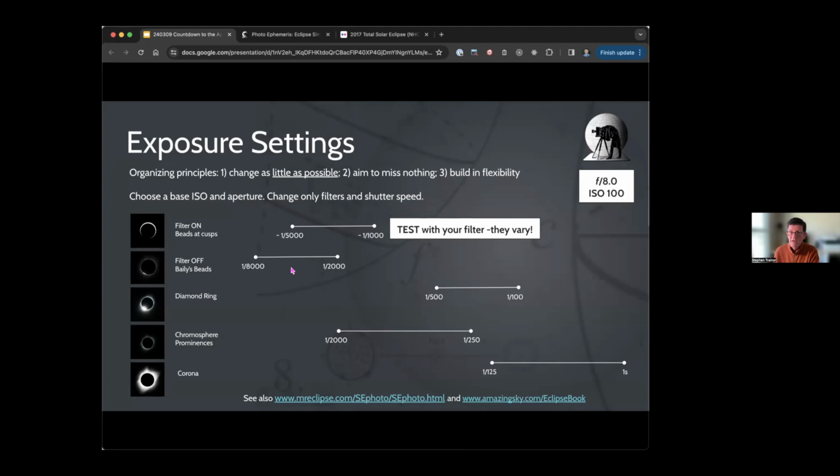That's no longer the case with modern SLRs, and certainly not with mirrorless cameras. Some of the latest mirrorless cameras will go to 1/32,000th of a second. I don't know if you need that or not, but you can go that. But I'm showing sort of an 8,000th to a 2,000th. For the diamond ring, based on Alice's shots, we were at, what was it, 1/250th or something, so 500th to